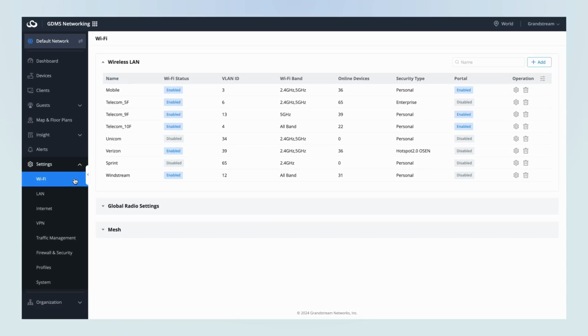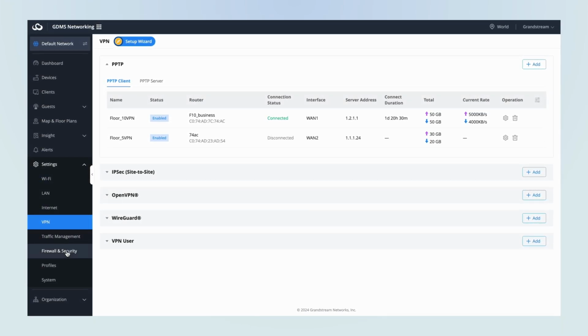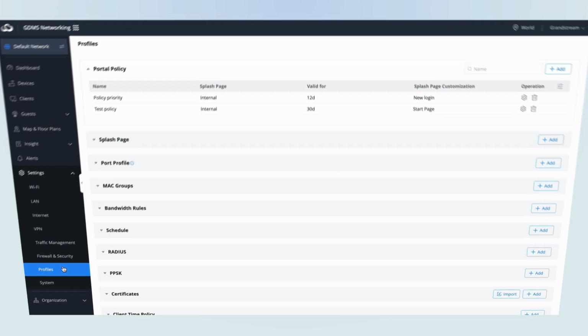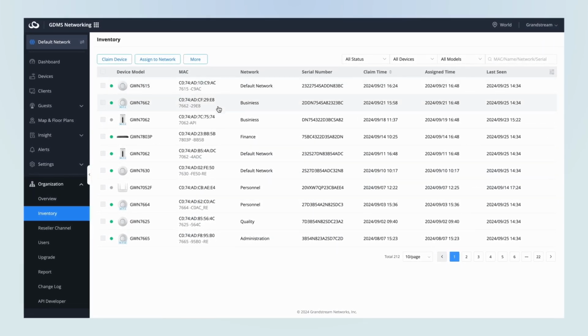Easily manage large numbers of devices through unified configuration to simplify network setup and management. You can also find, add, and allocate equipment globally in the inventory section,